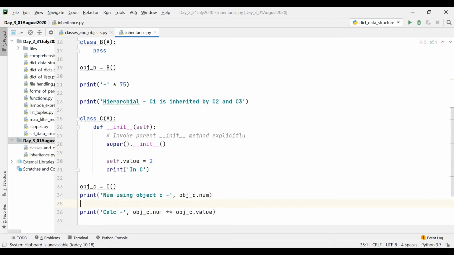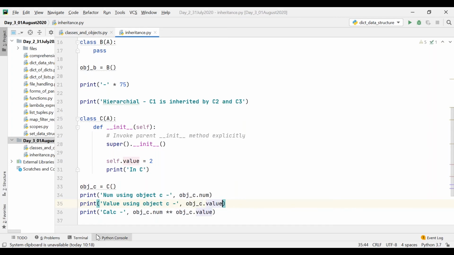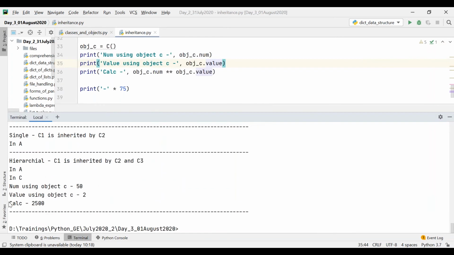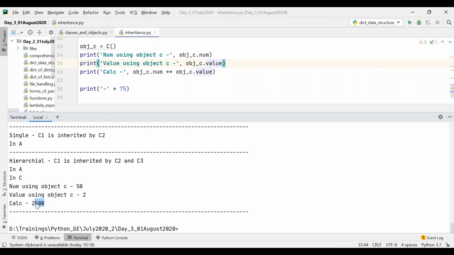Let's say print value using object C. I can write obj underscore C dot value. Now you can see the output. Num using object C is 50 and then 2, so the output is 2500.